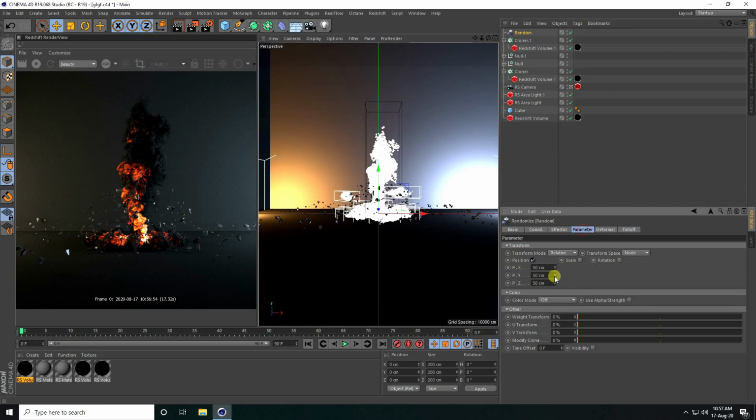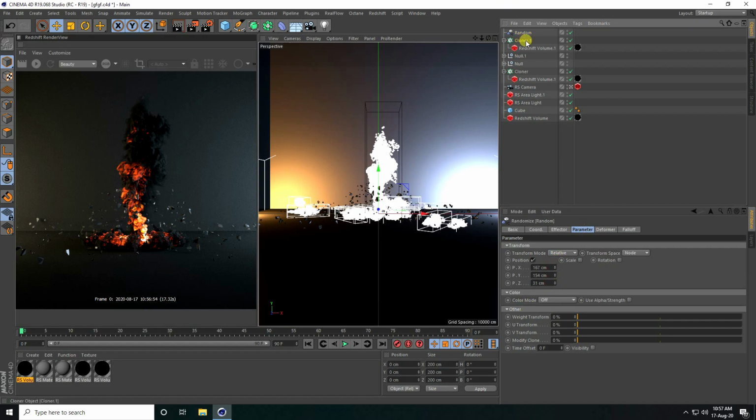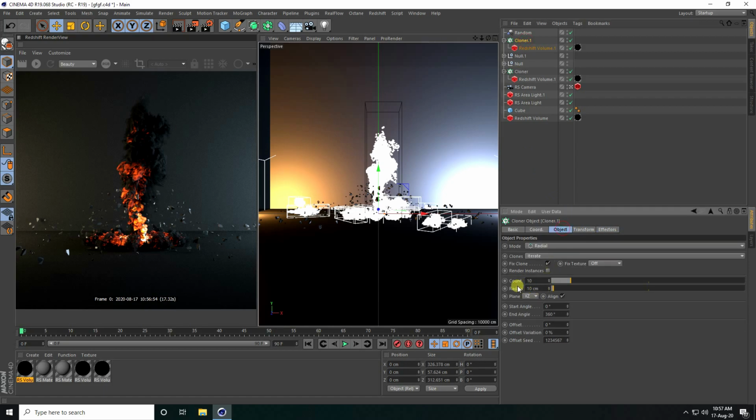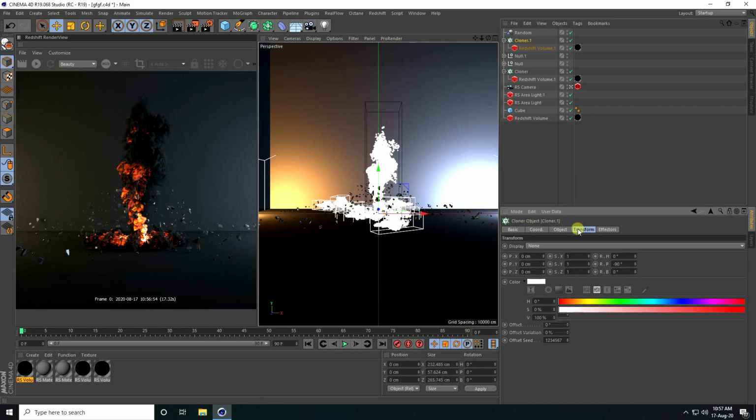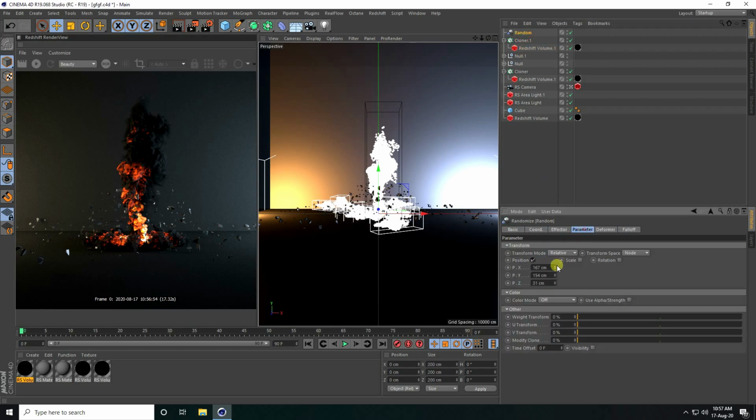Yes, and guys, change the simple position like this and go to cloner. Guys, decrease the count. Yes, and guys, go to here, increase the size.